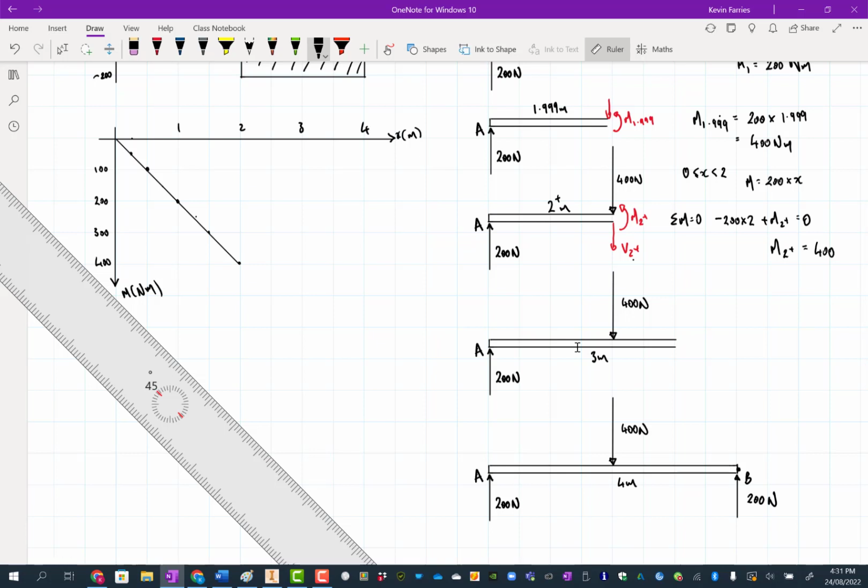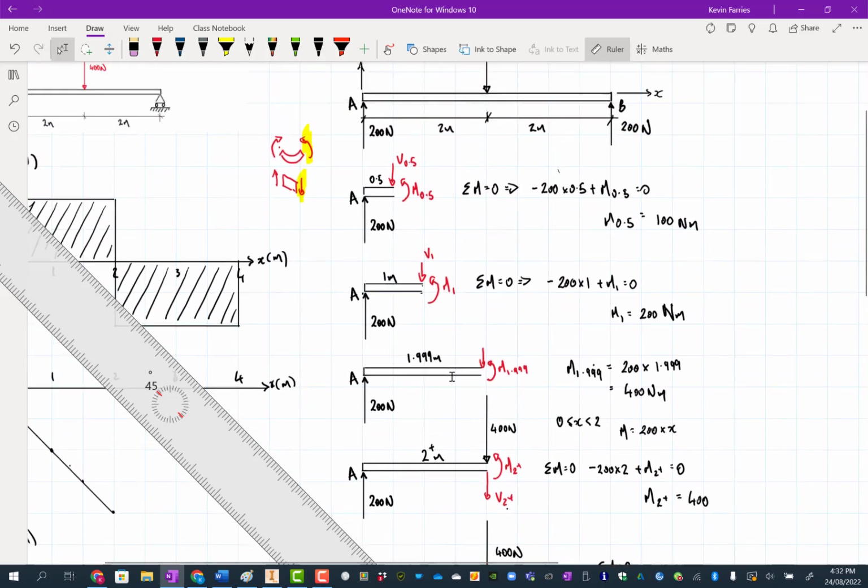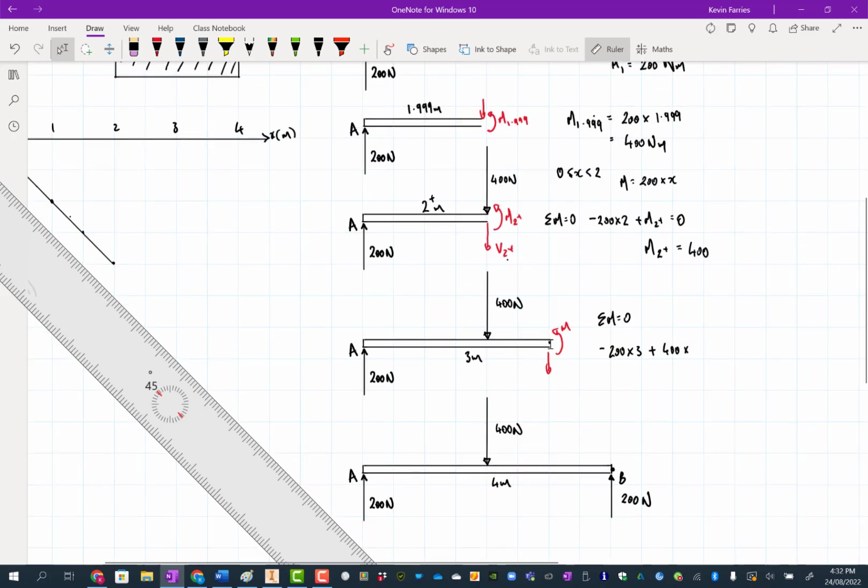So now we're at 3 meters. Same again, shear that way, moment that way. We have to shuffle across a little bit for now. Sum of the moments is equal to 0, and we're going to do it about this point here. So we're going to do it about the 3 meter point. So therefore we're going to get minus 200 times 3. Then that 400 is going to start doing something now, it's plus 400 times, so we're at 3 meters, the 400 was at 2 meters, so that lever arm there must be 1 meter, so times 1 meter,